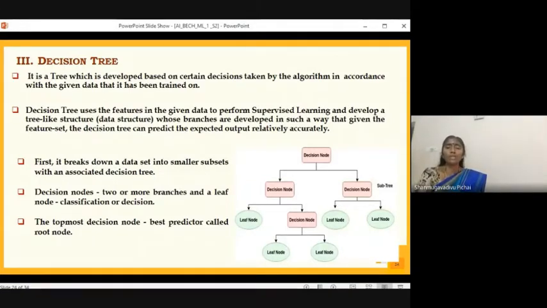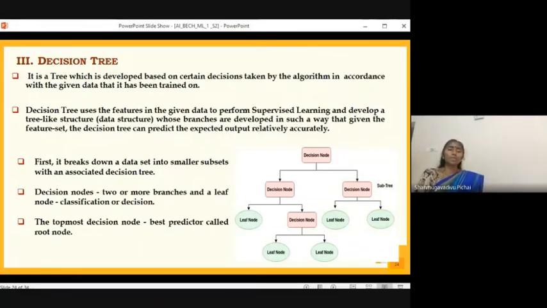So now we are into yet another model called decision tree. This model is radically different from the previous kind of models that we discussed, the linear regression and logistic regression. This decision tree is one of the machine learning models, very interesting models. This decision tree enables us to get a kind of solution when you have multiple attributes. So based upon the values of the attributes, we must be able to deduce a decision.